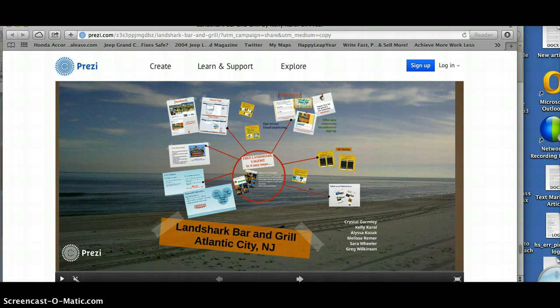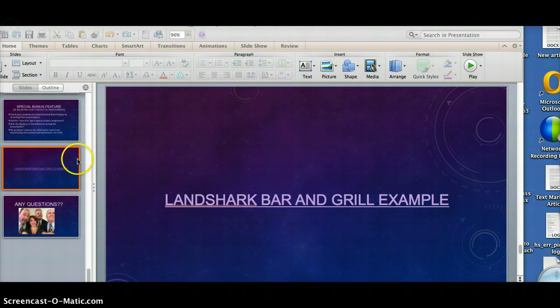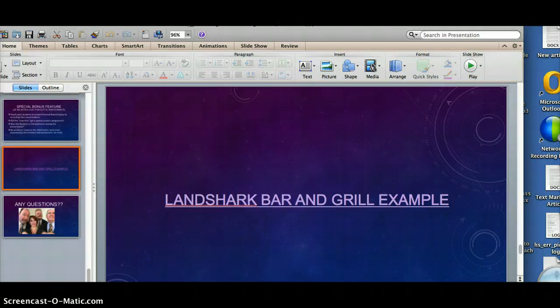Now what they've got, in that particular project, the students had to do a social media campaign. They had to use an email marketing technique, a text marketing technique,